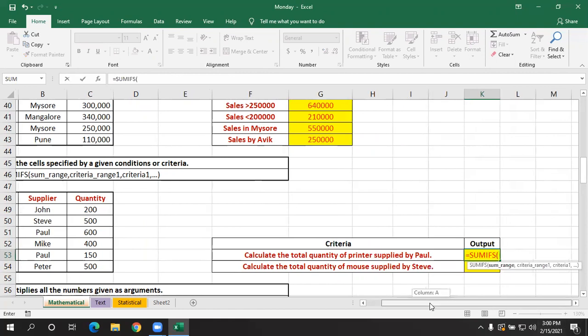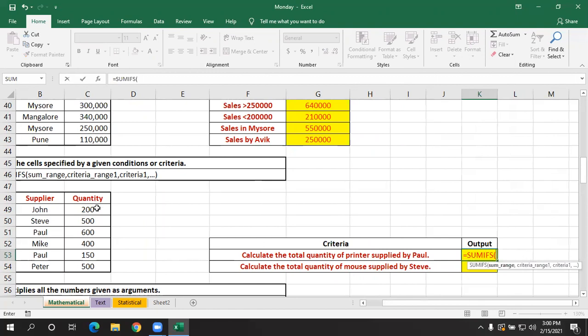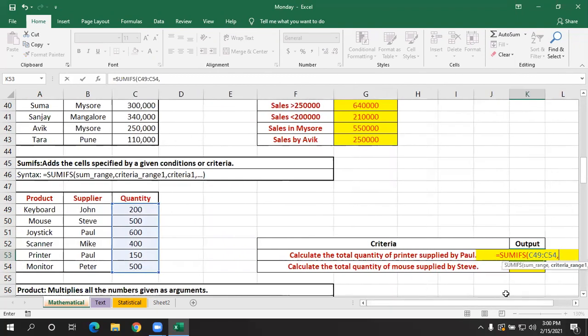Now, first, what is it asking for? Sum range. Sum range is nothing but quantity. Then criteria range 1. Here we have two criteria. It should match with printer in the product column, and Paul in the supplier column. So I'm selecting the product range first, comma. First I selected sum range, and then criteria range 1, that is A49 to A54.